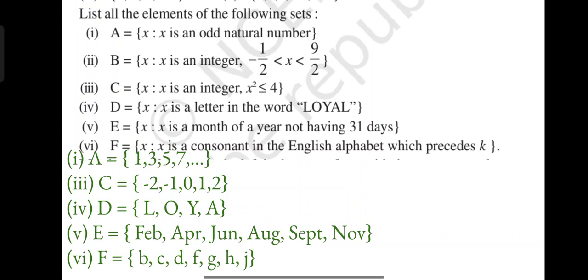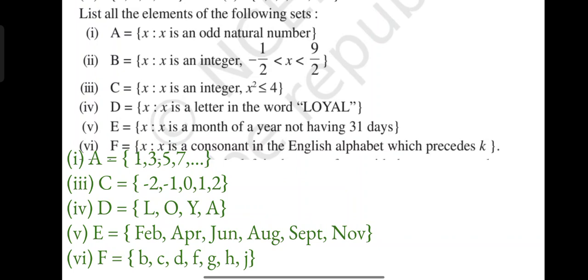Okay, and it should be natural as well. If we start with 1, it will definitely be an odd number, isn't it? So 1, 3, 5, 7, and we can't specify every odd number. If we specify 101, going further we will get 1001, and going further we will get 1 lakh and 1. Isn't it? So we can't list every element of that set. So we will write some elements and denote the other numbers by dots, which specify that the set never ends here.